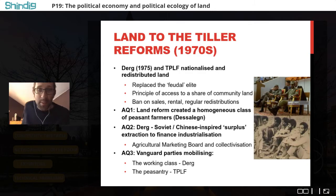So the starting point necessarily goes back to 1975, when the previous government, the Derg regime, a military Marxist regime, carried out the first nationalization of land. The top picture there is Mengistu Haile Mariam, who emerged as the leader of the Derg regime, sitting with Fidel Castro. So the Derg conducted this land reform. At the same time, the TPLF, which would go on to form the EPRDF, the government that came to power in 1991, conducted its own